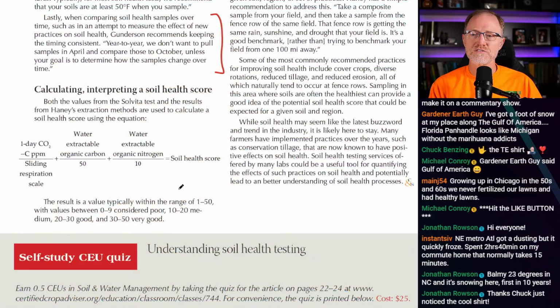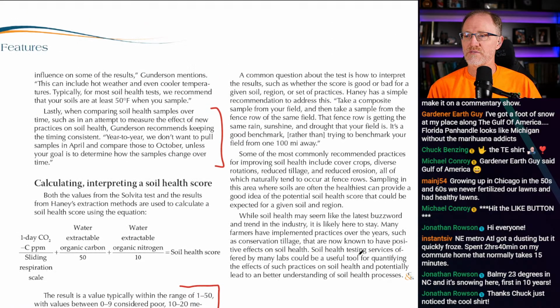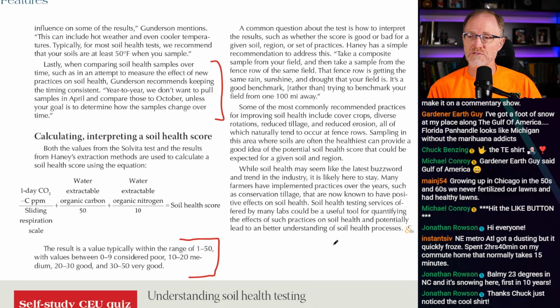Who cares? If you're going to tell me that at a 50 I don't have to do anything other than maintain the water, light, temperature and be aware of bugs and diseases, then I'll care about it. If you're going to tell me, well, it's very good and you still have to apply nitrogen, well, then what do I care? I'm going to have to apply nitrogen anyway. So that's what I'm saying. These interpretations are where this whole Potemkin village falls apart. I mean, I don't know. And the same holds true with regular soil tests. It's not just specific to this type of soil test.